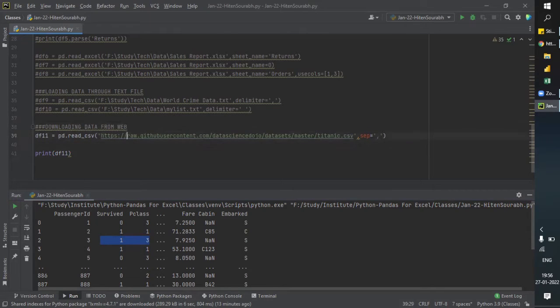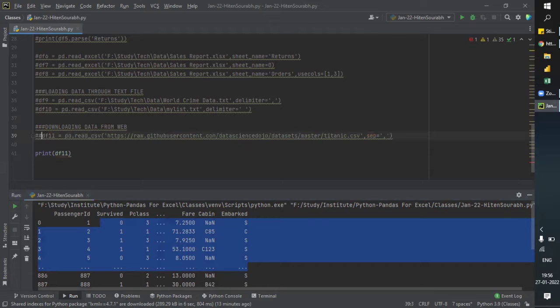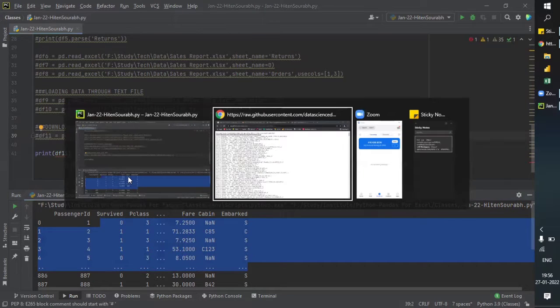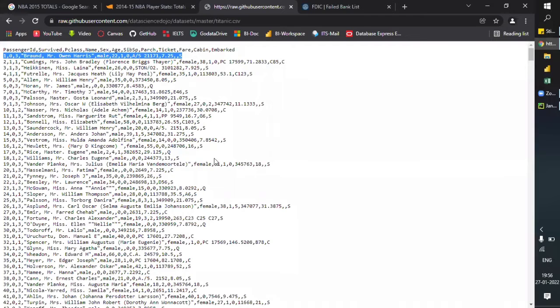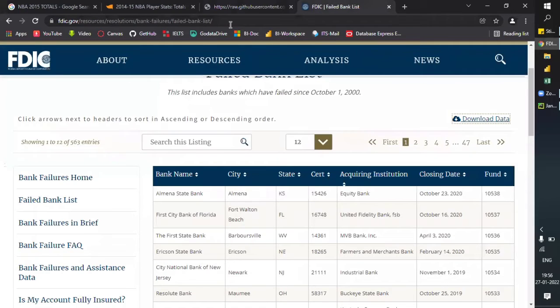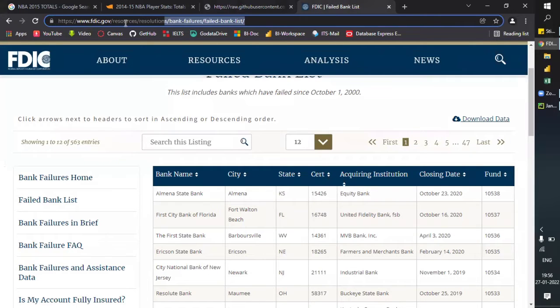So this was one type. Now let's go to the second type. Later on I will show you how you can save this data as well in a simple Excel file. Now let's move ahead and see other ways to download the data. I have this site, fdic.gov, which has a list of all the banks which have failed over time.